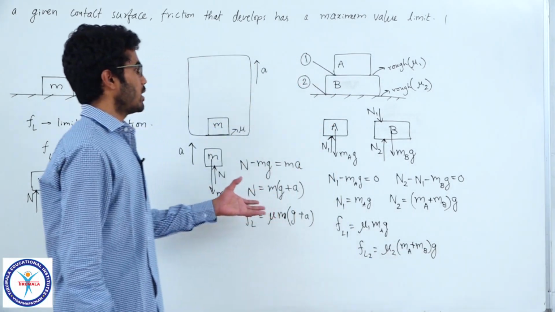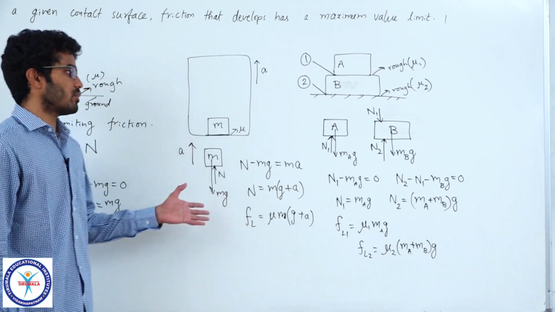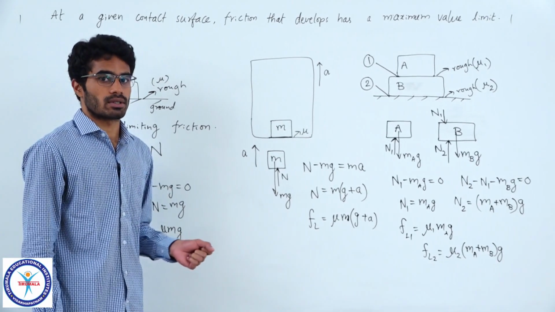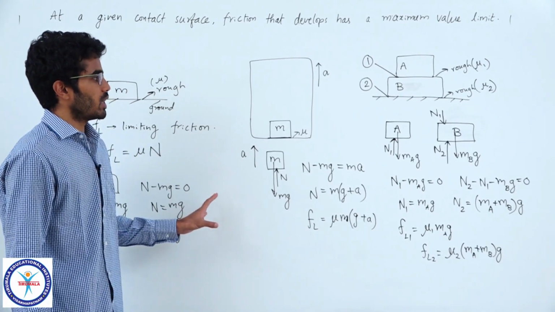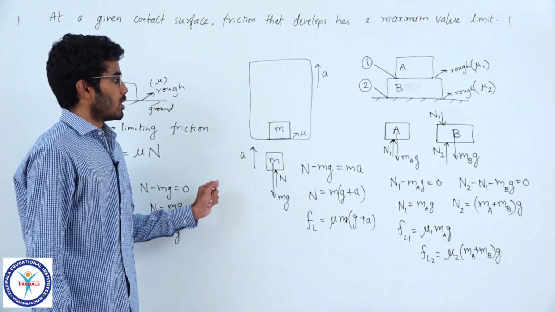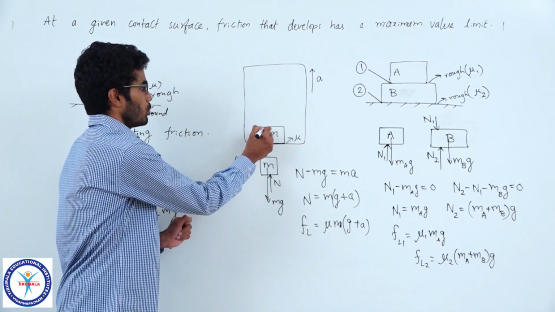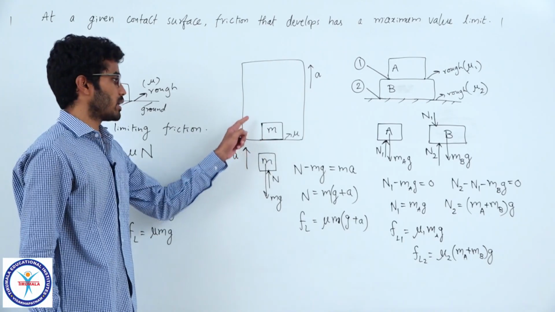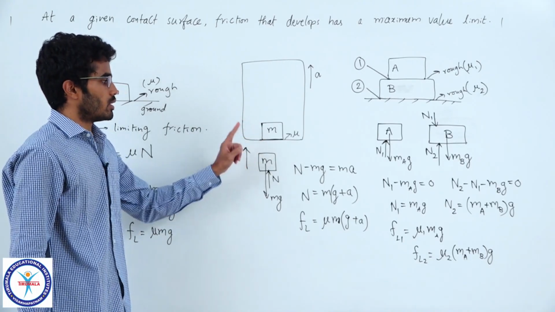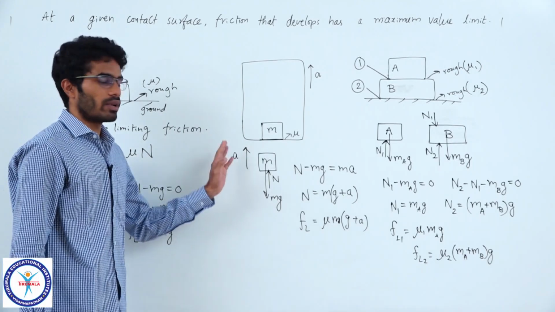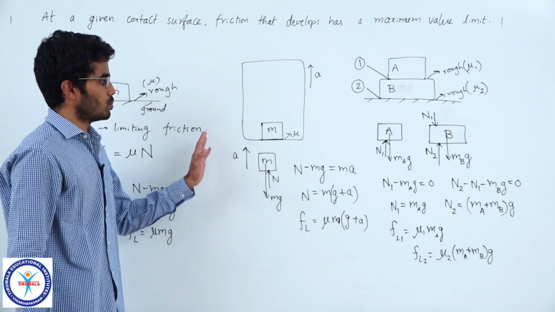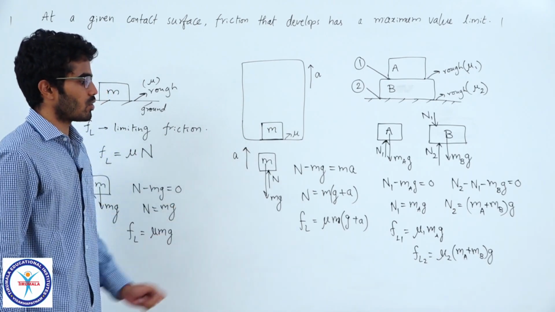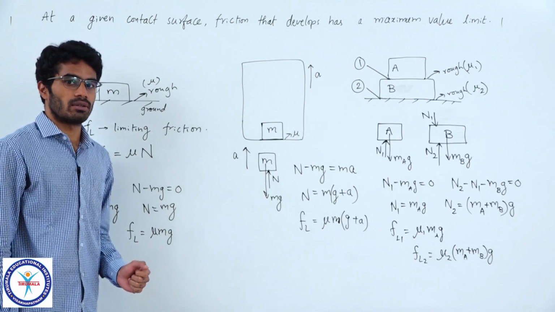So this is how we calculate the limiting friction, and it is an important step while solving most of the problems in friction. So you do not have to make any mistakes here. The few important things to note here are: check whether the bodies are accelerating, like in this case. The normal reaction is not always equal to the weight of the object. You have to observe the situation properly and accordingly find the normal reaction, then the limiting friction values.